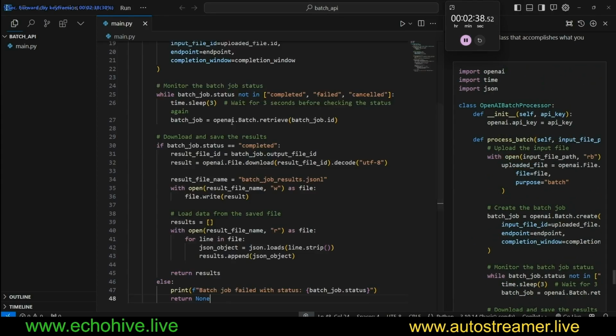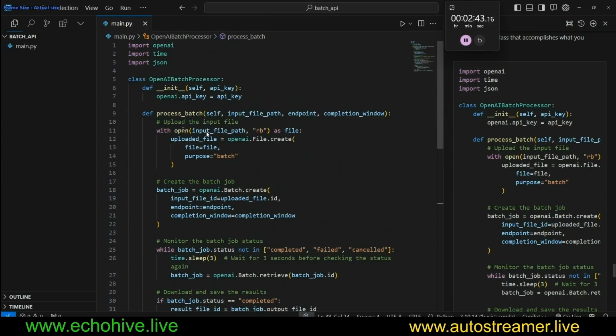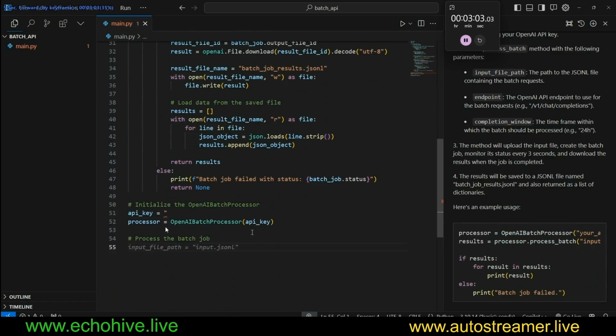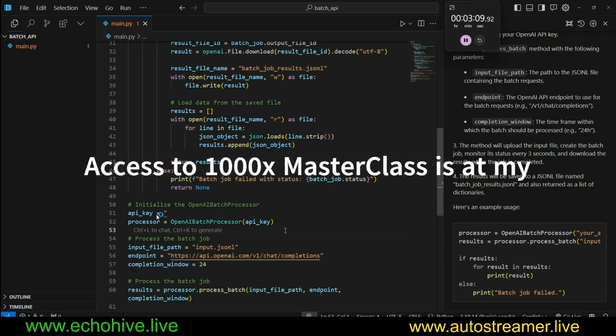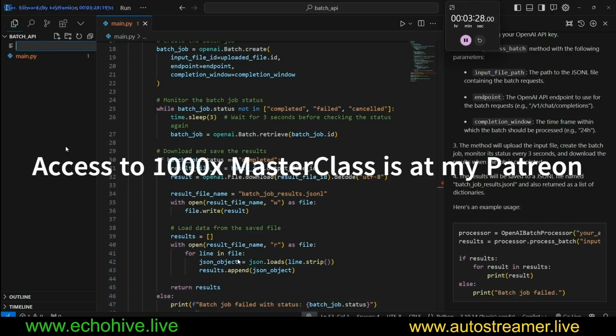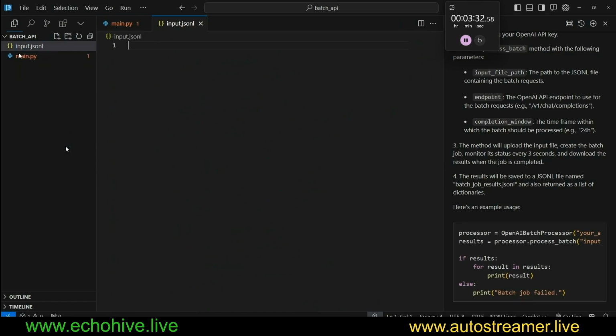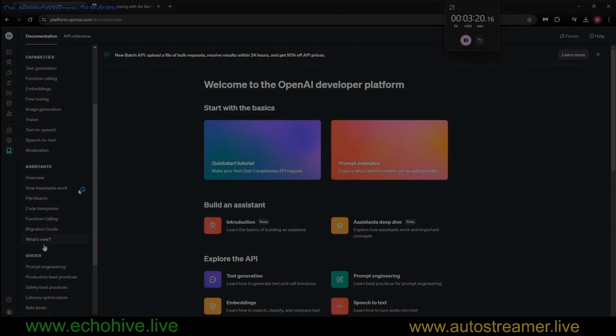And then it returned some code. And I'm just simply going to copy and paste it here. And then I am actually going to check it here. And I realize that it's not being initialized. So I'm letting Copilot actually initialize it. We are initializing the batch processor. We are not dealing with the API key just yet. Once we have all our parameters ready for it, then I just went back to the documentation where they have the example